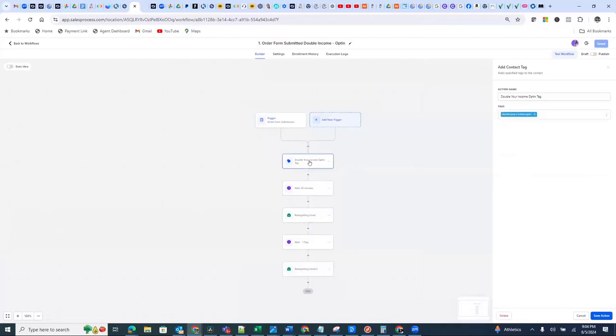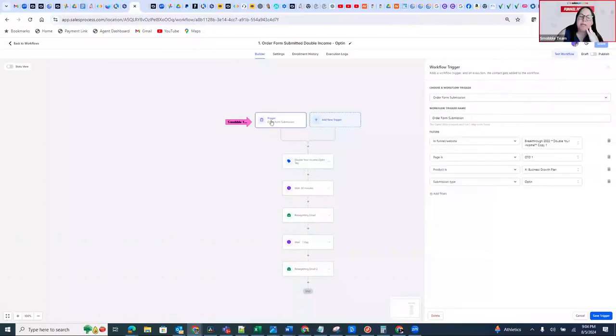But what I actually have is I created a tag for the program code. Can we just back up a bit? We need to check your trigger here. All you need to do is tell them which form it is. You don't even have to tell the system what page it's on. You have an order form submission trigger, and it really should just be a form submitted trigger. An order form is where they're going to try and buy something.